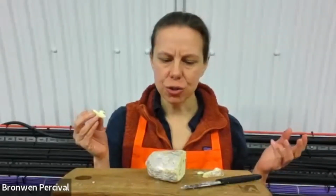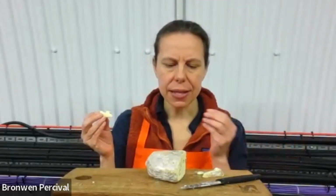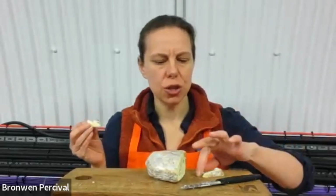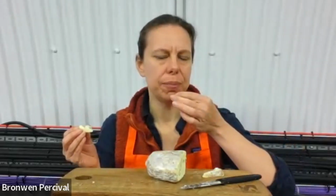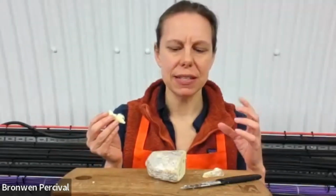Interesting. Texture. I like it. I think that the blue is not too rough on my tongue. You know, it's a nice, smooth eating experience. I think the rind to paste ratio is a little high. You know, there's a lot of rind on there. And I'm not sure I'd eat the rind, but it feels like maybe if the cheese were a little deeper, but could still get that same texture and breakdown, I think I